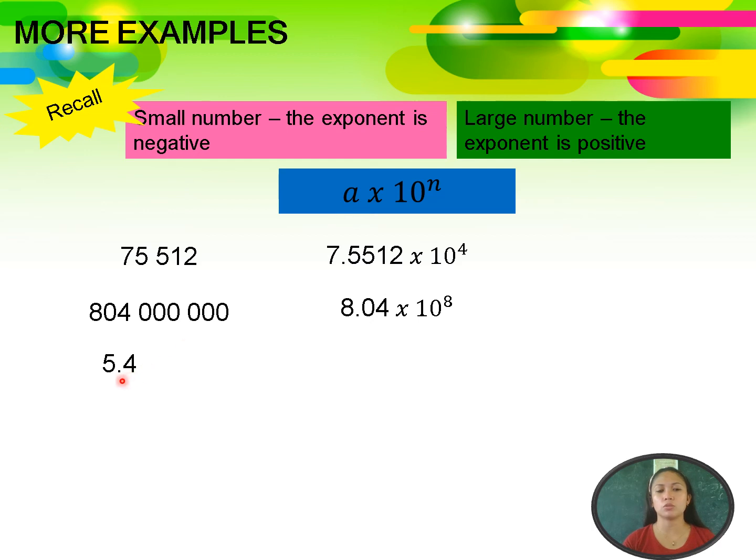So no need to move the decimal point. So that is already 5.4, our first factor, times 10 to the power of 0 because there is no movement done. So that is 10 to the power of 0. Next,